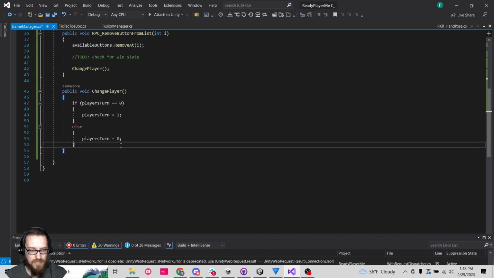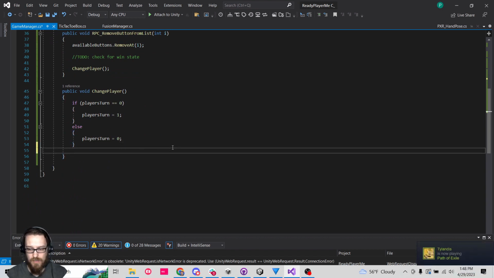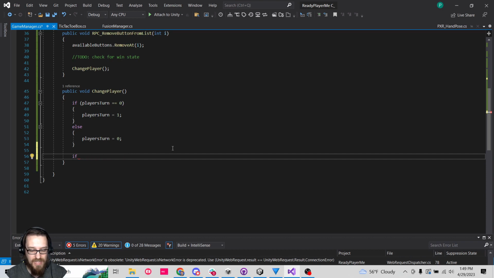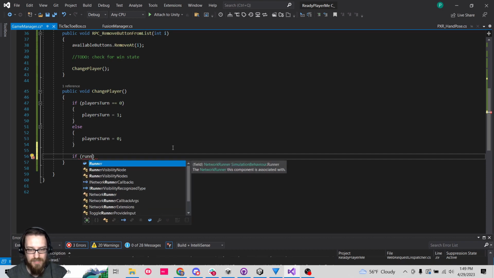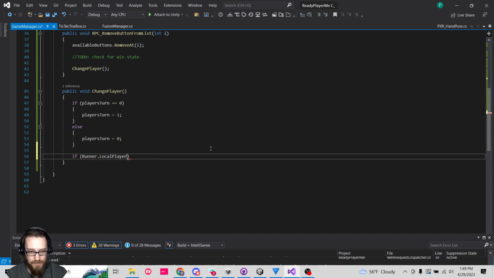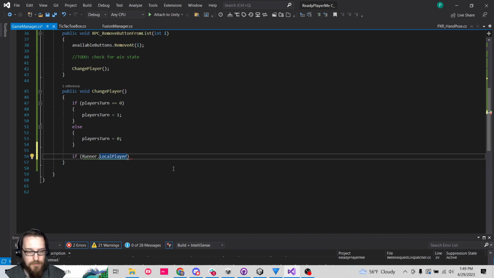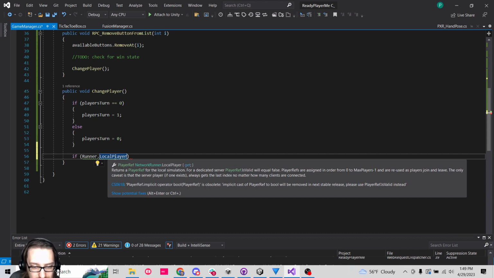So if Fusion Manager dot instance, because this is network behavior, I could probably just do runner, right? The network runner this component is associated with. Yeah. So if I just do runner dot local player, why are these coming up? I totally have do not disturb on. If runner is local player,